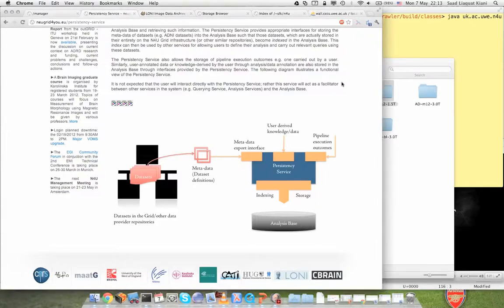This presentation is about the persistency service, which is part of the N4U information services in Work Package 9. So the job of the persistency service is to index metadata, which is about data sets, into the analysis base. Now those data sets can be hosted in grid storage or in any other storage. Persistency service is not concerned with that. All it does with respect to the datasets is that it allows the metadata of those datasets to be exported